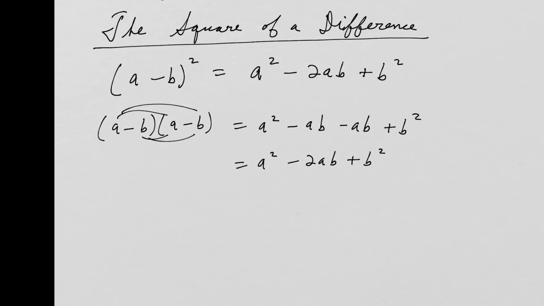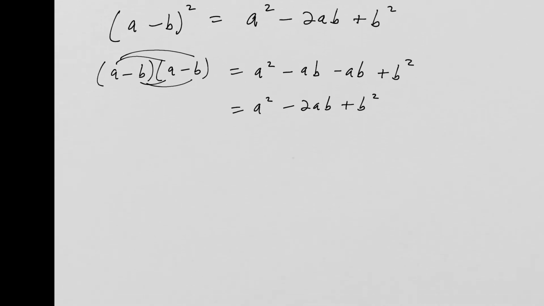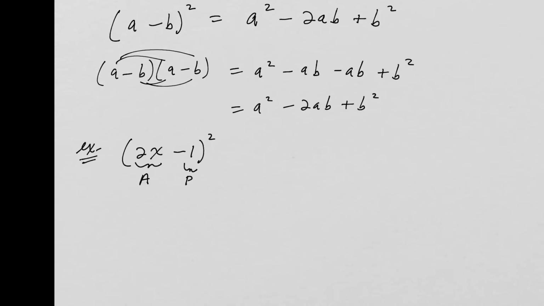So if you're given some problem, you might want to use this formula, if you have it memorized, right? It can be quick if you have it memorized. So let's say we're given the problem (2x minus 1) squared, right? And we want to use that formula. Well, in this case, the a is my 2x. And you've got to be careful, it's a minus b, right? So the b is my 1 in this case. So if I were to plug into that formula,